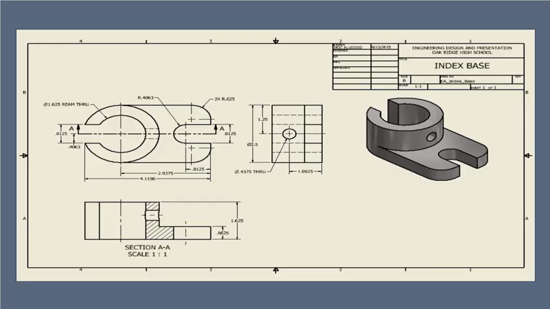Now, the first thing I'm gonna kind of say here is the drawings that I show you on this presentation are just random parts. You can look as hard as you want online to look for a set of working drawings as a perfect example, but I couldn't, and you can't find one. And the reason why I'm saying that is because, remember, a set of working drawings has everything and all the dimensions that are needed to make an object or a product. So no company in their right mind is going to show everyone how to do something. For example,